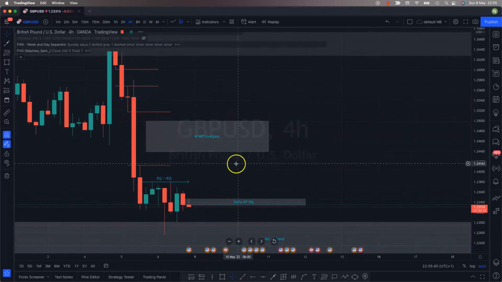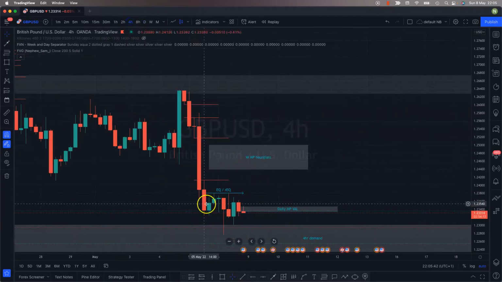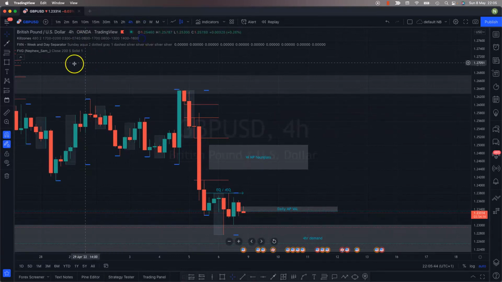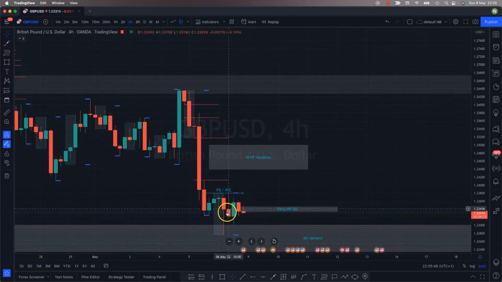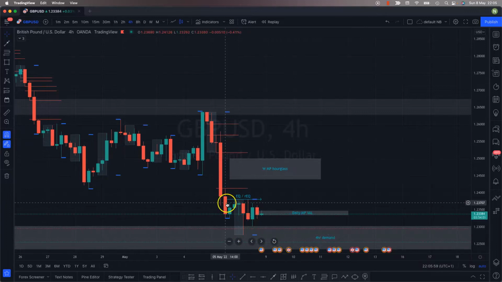When we go down onto the 4-hour chart, we can see how the consolidation has occurred. Let's get this indicator on now. So effectively, obviously Wednesday started to sell, Thursday sold, Friday obviously stagnated, and then we've got consolidation within the area of demand that we're looking at below us. Price is obviously sitting above it at the moment, tapped in, hasn't bought out of it.